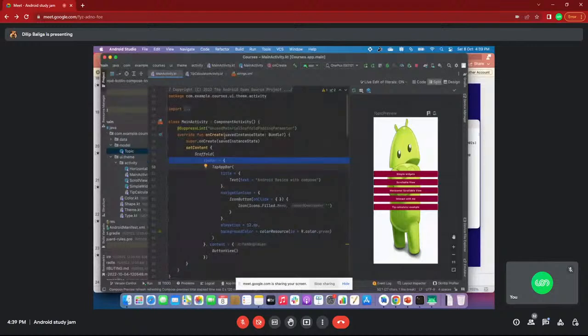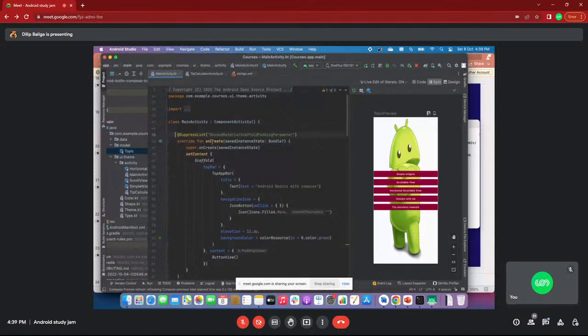The basic first component of Android is the activity. This is ComponentActivity, which is already provided by the SDK, the Compose library provides this component, and I'm extending that class. The first method I already mentioned is onCreate. The savedInstanceState parameter is a more advanced topic, mainly used for orientation change and so on. We are not covering that here. We will cover the simple topic.